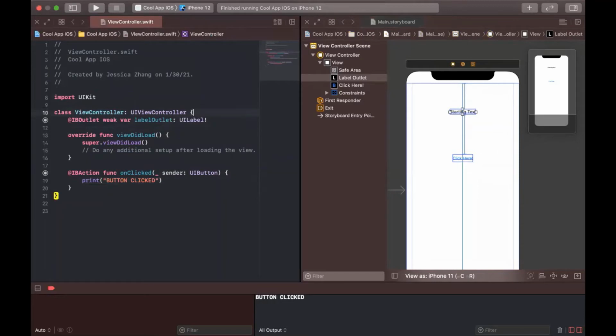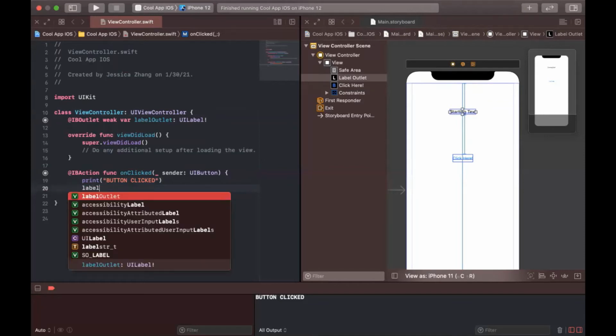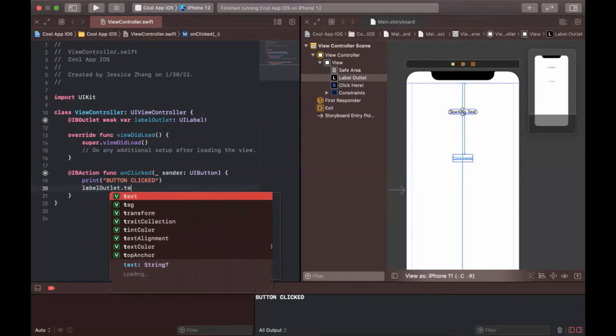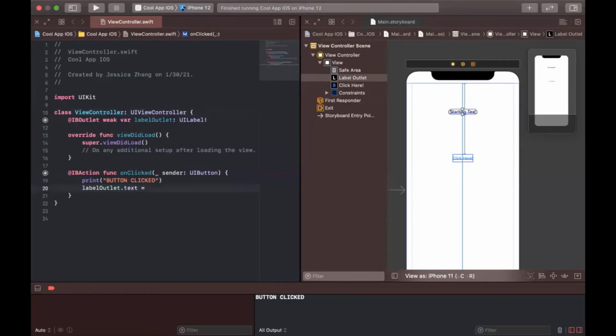Unlike an event handler, which is just like a reaction to an event, an outlet will be something that you can change. So when I have this outlet connected, it means that I can actually change whatever's in this label. So within our event handler on clicked, I can add something like label outlet dot text equals "clicked"